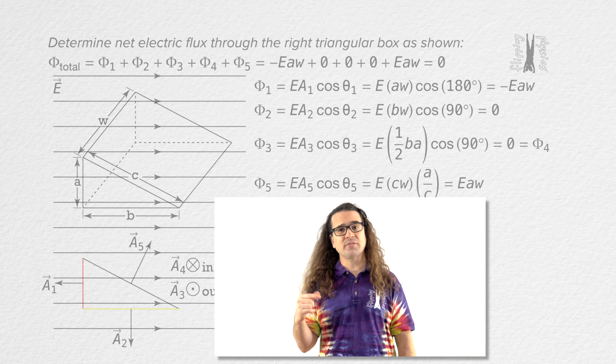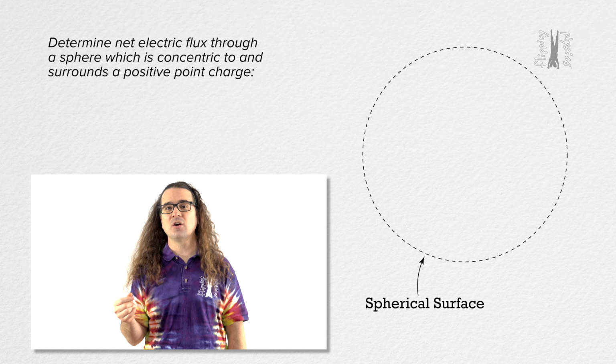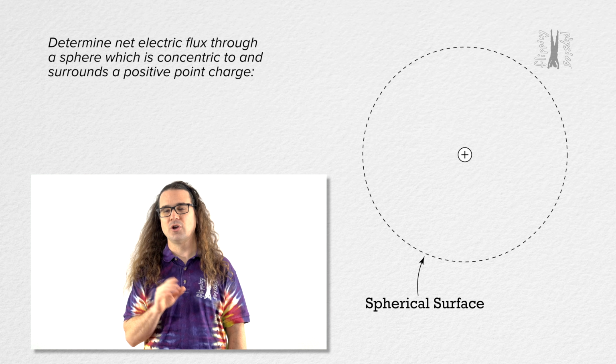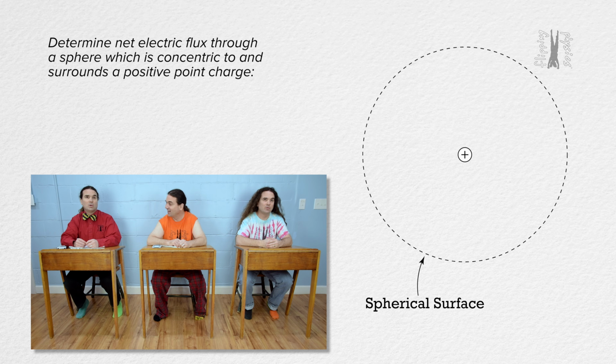Let's determine the electric flux passing through a sphere which is concentric to and surrounds a positive point charge. Bo, please work on this one. Well, you just gave us the equation for electric flux. Electric flux equals the dot product of the electric field and the area, so let's use that. We know the electric field is...